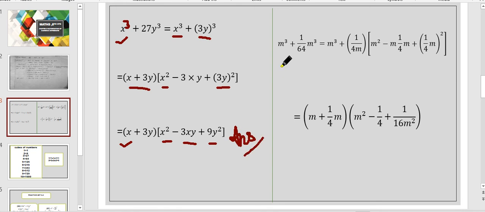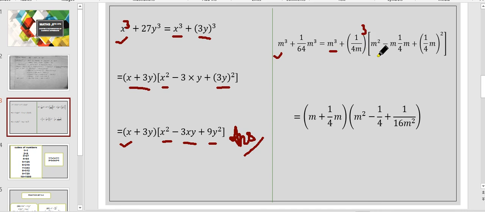Now the other expression we'll see is for fractional numbers, right? What happens for a cube, if you consider m cube plus 1 by 64 m cube, how will you write this? This is a cube, so m cube plus the cube of 1 by 4 m, it must be cube, right? 1 by 4, how is it coming? 64 is the cube of 4, right? So 4m we can write, and the whole bracket to the power 3, and 1 into 1 into 1 you will get 1 only. So it is equal to this expression only.